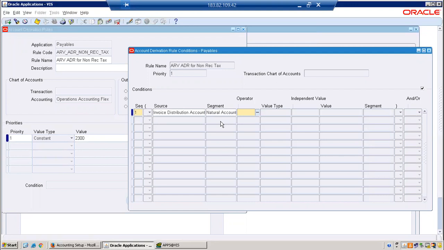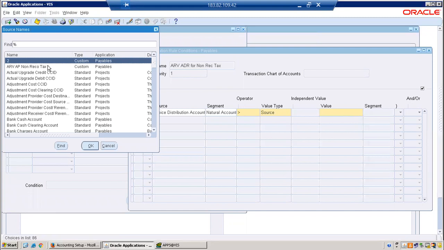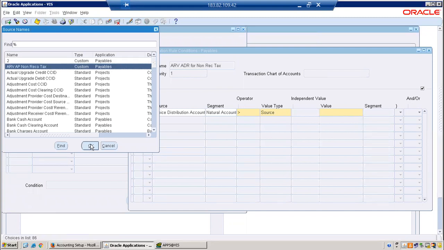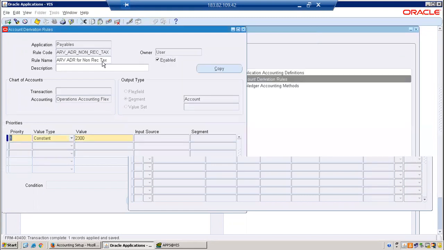National account segment operator is greater than. Now you should be able to see in the value type source, and now in the drop down you should be able to see the custom source whatever I have created. Save this. Okay, now go back to your